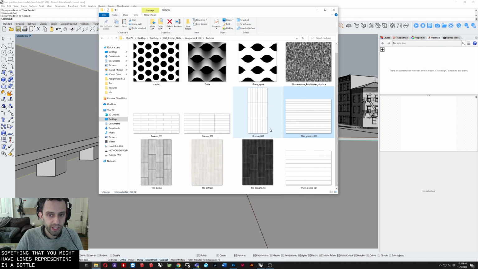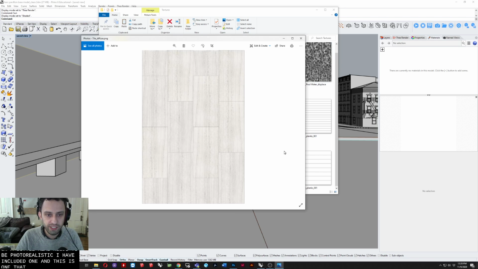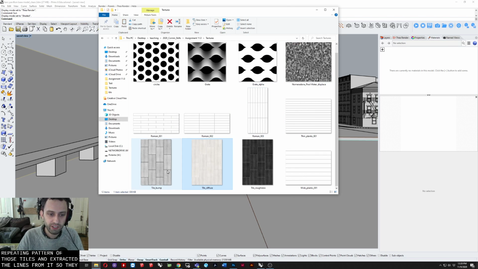Again, not every material needs to be photorealistic. I have included one, and this is one that I actually created myself. I found some company had their tile online as an individual tile, so I took them in Illustrator and basically made a repeating pattern of those tiles and extracted the lines from it so that I could create a series of images. So renderers, a lot of them, will take in a texture like this and apply it